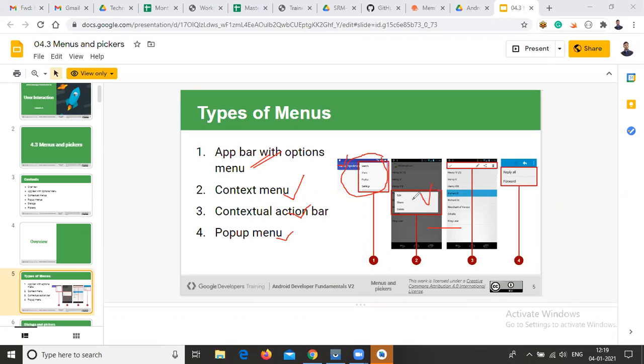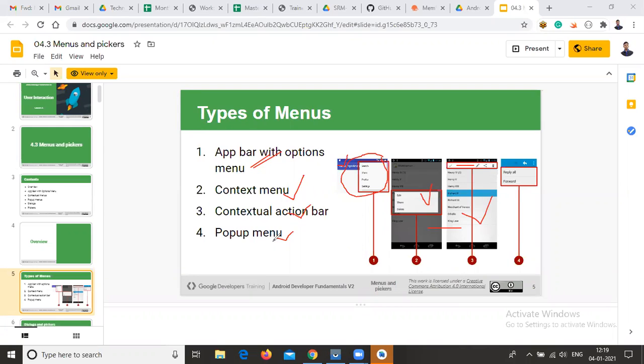Nowadays we are using the latest mobiles. I think each and every mobile is almost above Android 6, above Marshmallow, if I'm not wrong. Only a few users are using Lollipop. So coming to Marshmallow or above versions, we get the contextual menu looking like this, on the third screen. When you long press any item, the menu is displayed at the top of the screen.